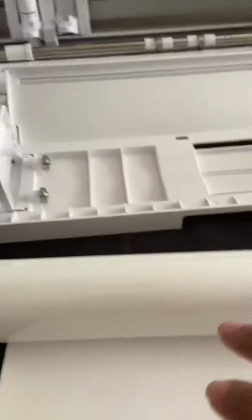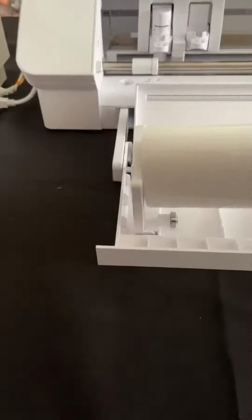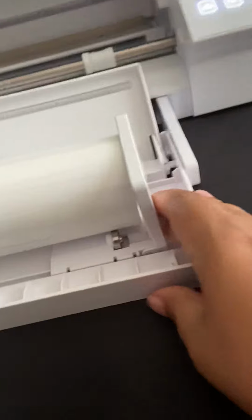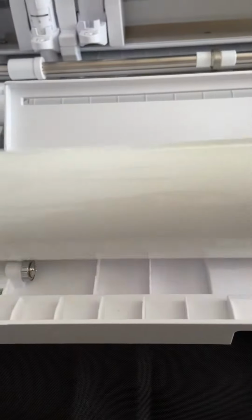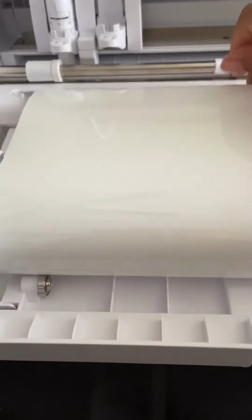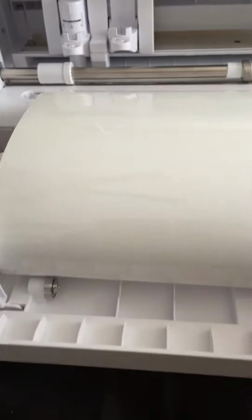okay, and then I have a roll of vinyl here. All right, so what you want to do is you want to take the vinyl and you want to sit it in these little grooves here. See those little grooves there? Slide that in, but you can adjust it so it kind of fits a little snug. And then you want to take the vinyl and you want to slide it